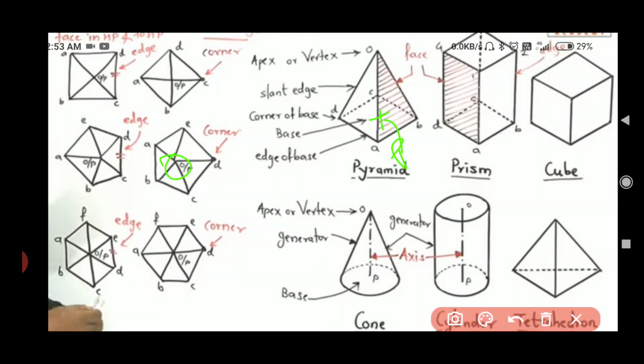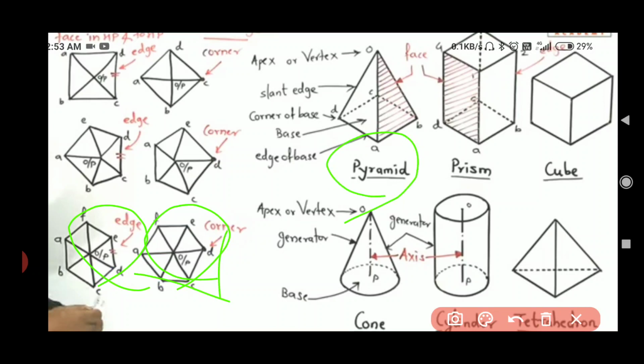When you see it from the top, both these points coincide. One point comes on top of the other. So for the naming, we write it as O/P, because P is the naming at this center axis and this is O. Then the same with this hexagonal